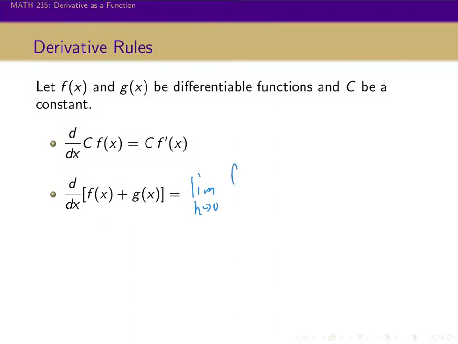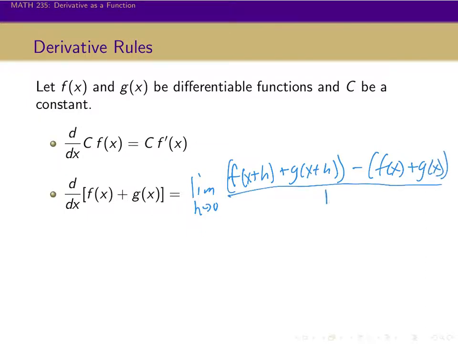And so plugging in x plus h here would give me f of x plus h plus g of x plus h minus f of x plus g of x. And this would all be over h. And so again, remember, h here is x plus h minus x. And so that h on the bottom is still, we're still thinking about that as dividing by a distance in